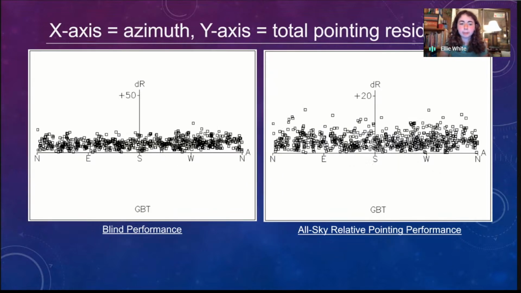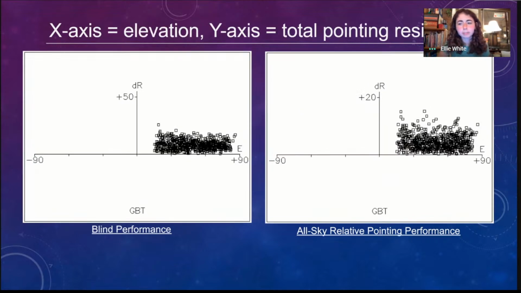These plots look even better. This is a plot of pointing error versus azimuth. It looks like completely random noise, and that is very promising because it means that there are no unaccounted-for azimuth-dependent effects that we haven't modeled out. Finally, the last plots I'd like to show you are pointing error versus elevation. Again, it looks pretty much like noise. That's a very good thing.